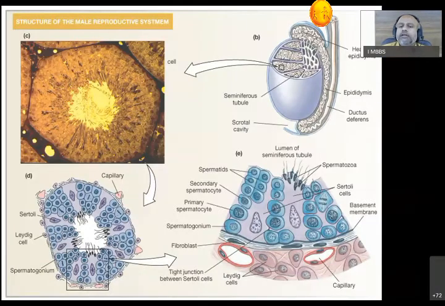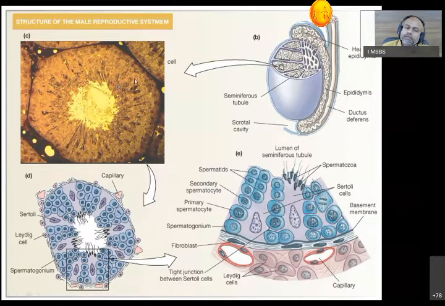In the last lecture, we saw that when we take a cut section across a lobule, one of the compartments of the testis, we can see various seminiferous tubules. This is one seminiferous tubule, this one is another, hexagonal-like structures. In between the seminiferous tubules, we have connective tissue, blood vessels, lymphatics. And these cells are called Leydig cells. Here you can see the Leydig cells, blood vessels, and connective tissue surrounding the seminiferous tubules.